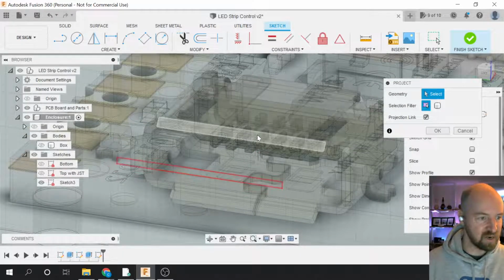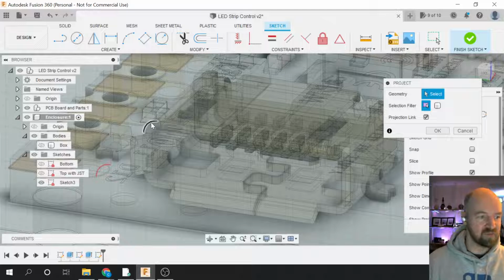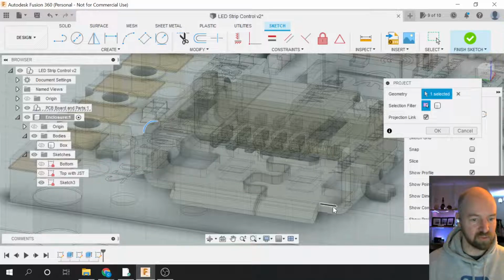And I just have to find the edges of my USB plug here. So if I just find opposite corners, again, I can create the geometry by drawing sketches if I find opposite corners of this USB plug here. So for me, I'm going to choose these two curves,